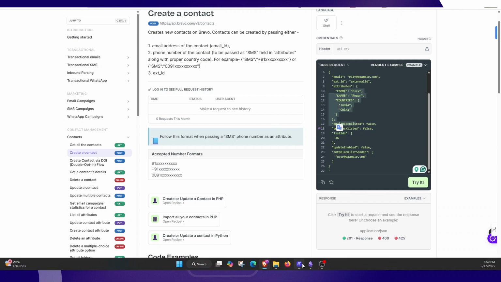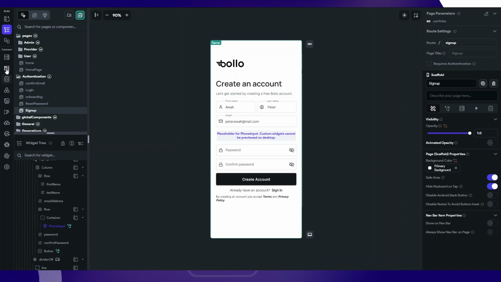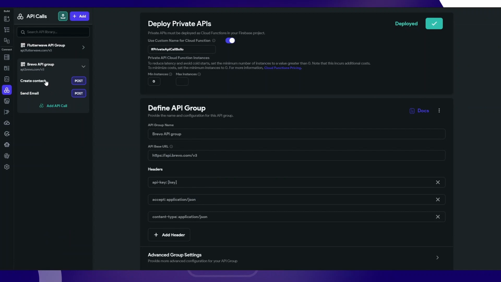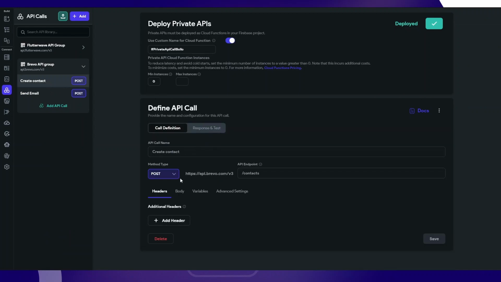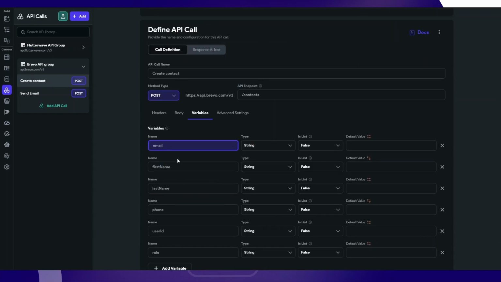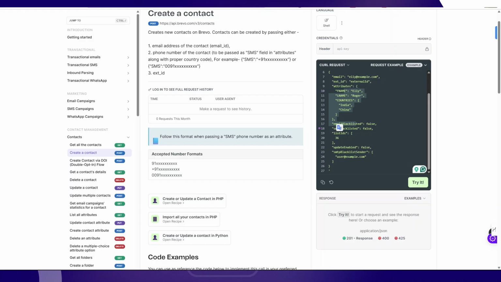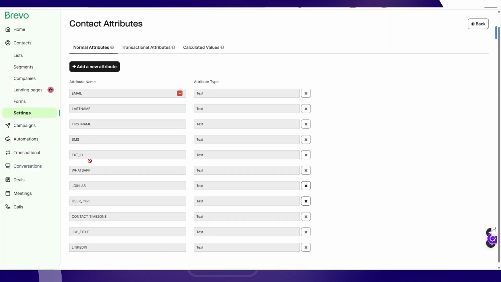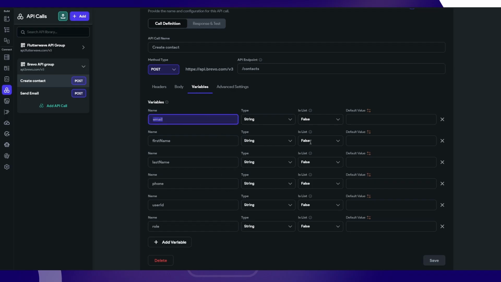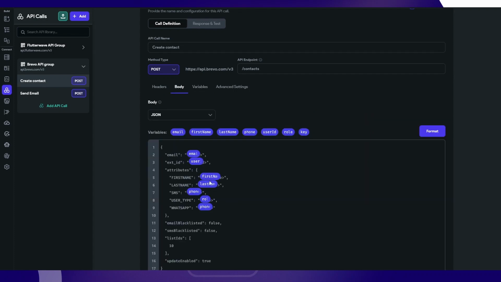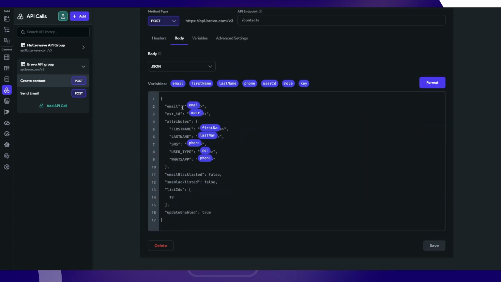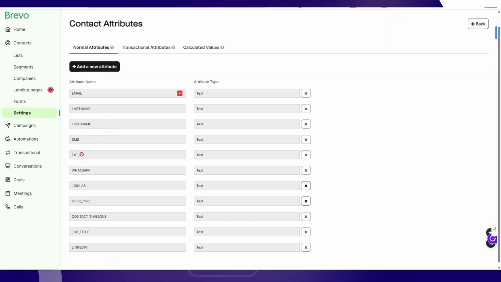So for my example, what I have here on FlutterFlow is I'm creating a contact into my registered list. So if I head over here to my Brevo API group, create contacts, you see this is the API definition that I have. I'm just posting and I'm requesting parameters like the email, the first name of the user, the last name, the phone, the user ID, and the role, which actually matches the attributes that I'm expecting to receive, at least here. I call it external ID, right? So over here, these are the parameters or the variables I've configured, and for the body, this is what it looks like. I'm tying my email to email, external ID, which matches this external ID